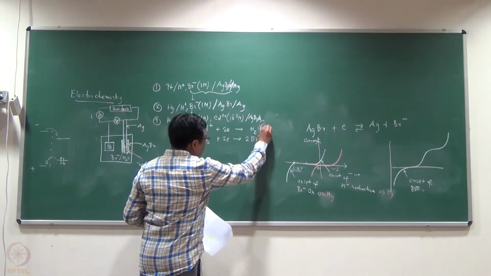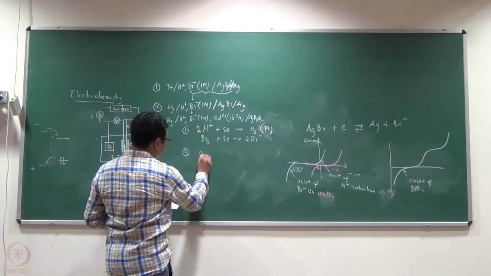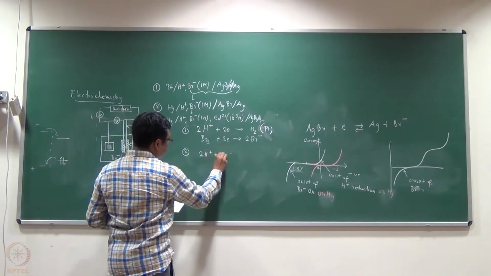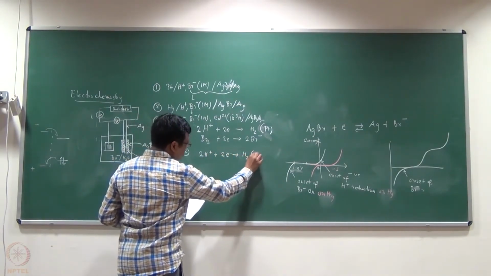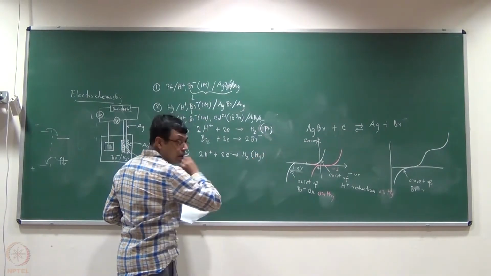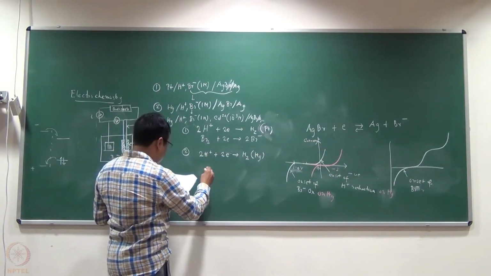So this is in platinum. So I still have this reaction, 2H plus 2 electron, hydrogen, but this hydrogen will be on mercury. Okay. The second reaction will be something like